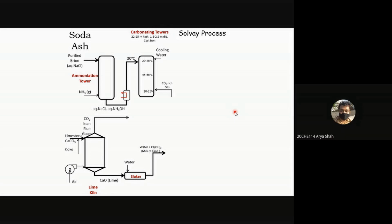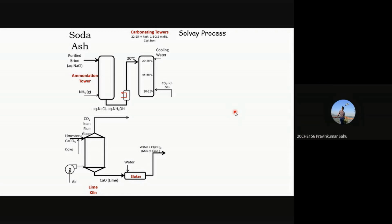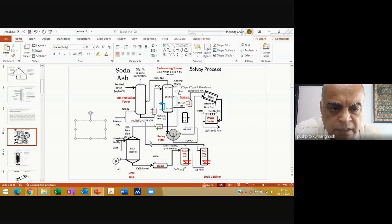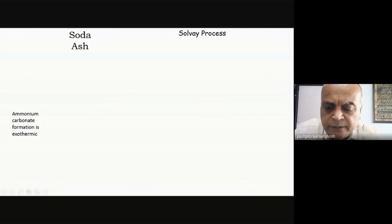So we are heating it, right? No, you are not heating it. Sir, the reaction was exothermic between NH3 and CO2. Yes, that's all. Okay, absolutely. Ammonium carbonate formation is exothermic. Okay, that's all. So just remember that